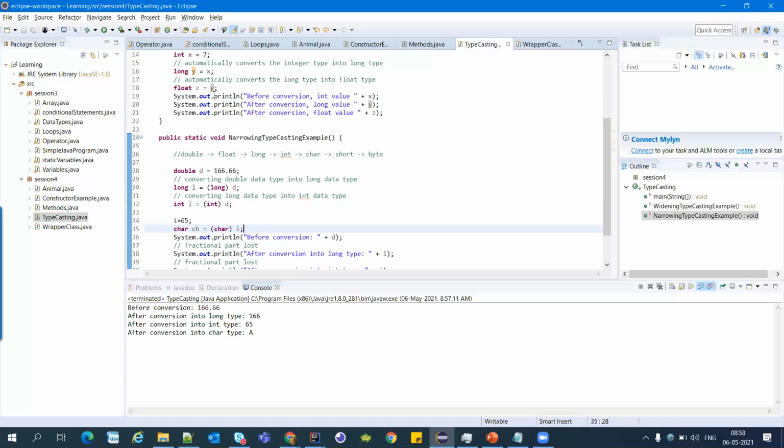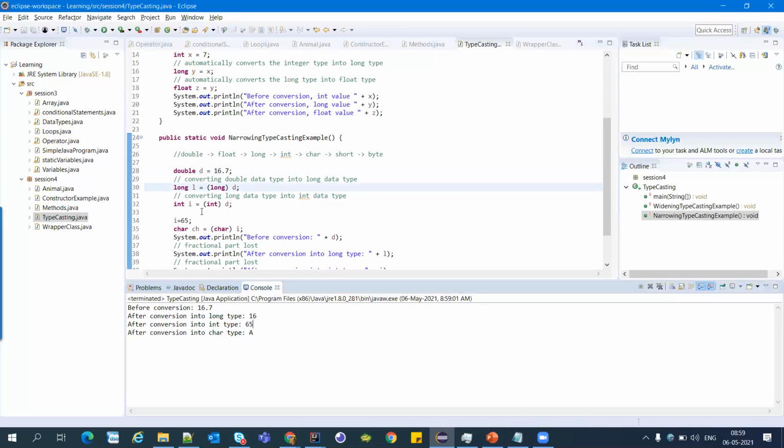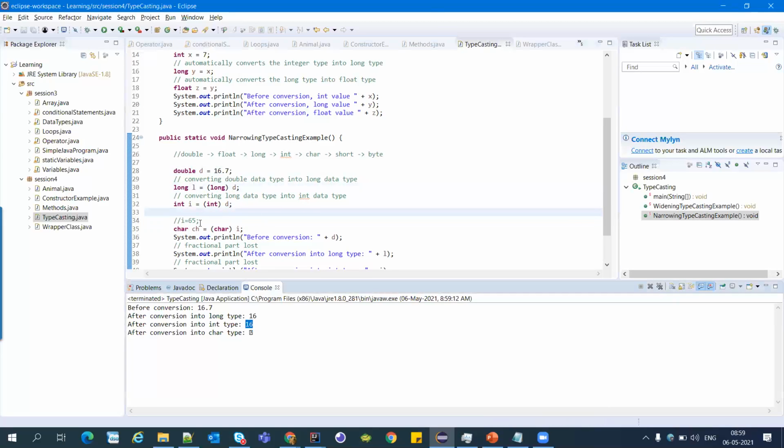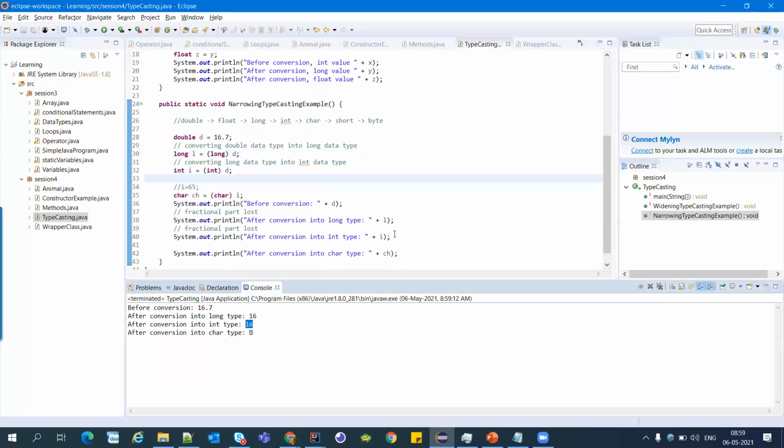Okay. So now Yogesh, instead of that 166.66, just put 16.7. There is one question from Diksha. Just execute the program, and we have to check the value of i. Just comment out line number 34, and check the value of i, Yogesh, at line number 32. Yeah, it is printing here. Yeah, Diksha, it will not be 17, it will be 16 only. It will just remove the .7. It is not rounding up.